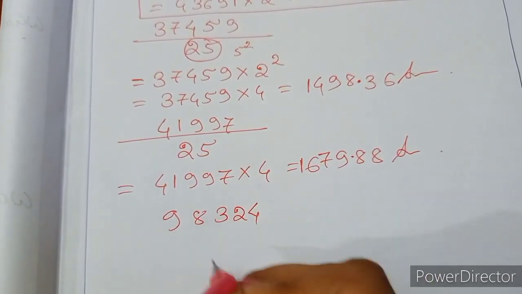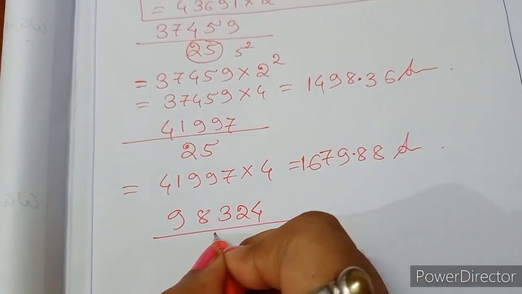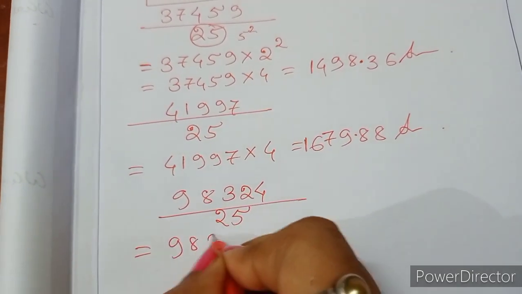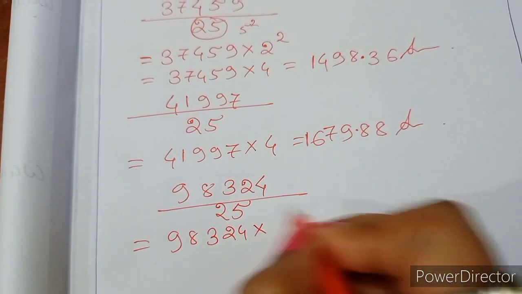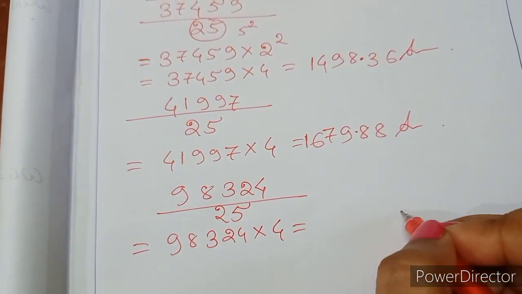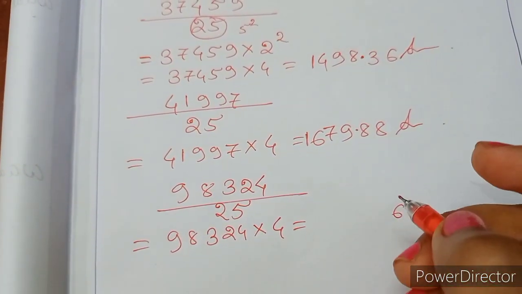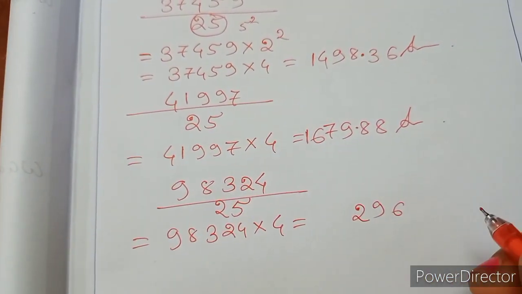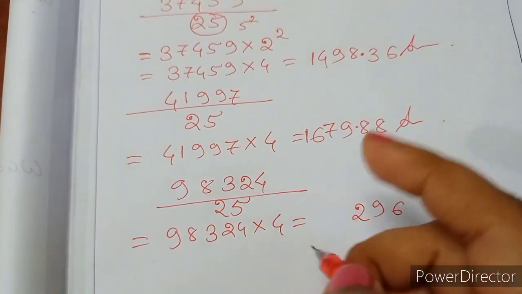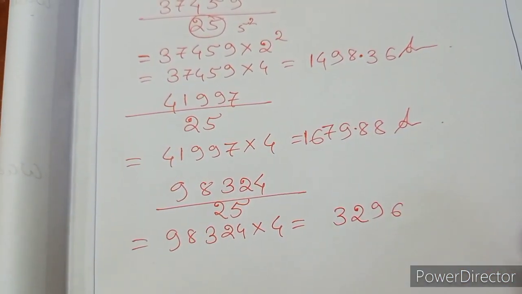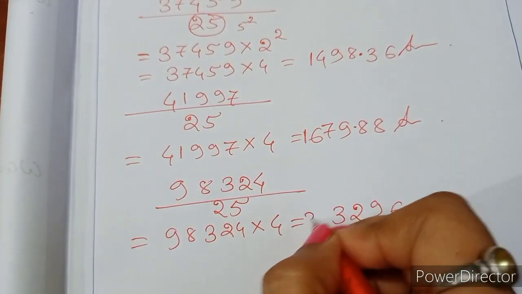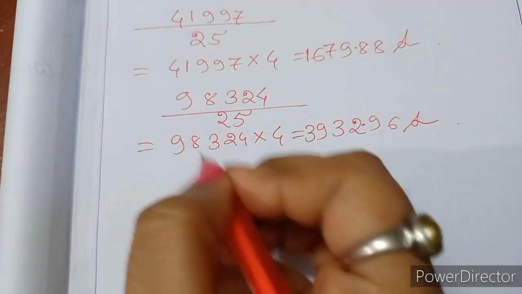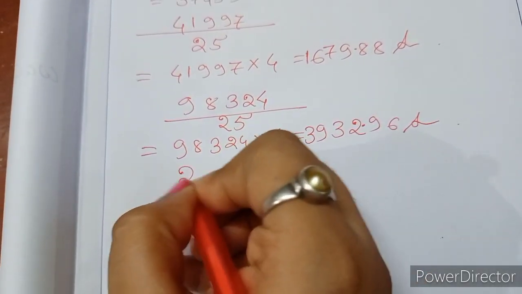Any digit, any big number. So we multiply 98324 into 4. 4 fours are 16, 6, 1; 4 twos are 8, 1; 9 fours are 36... 3, 12, 2, 1; 4 eights are 32, 1 is 33; 3; 3, 9 fours are 36, 3 is 39. This is the answer. Now we divide. Suppose